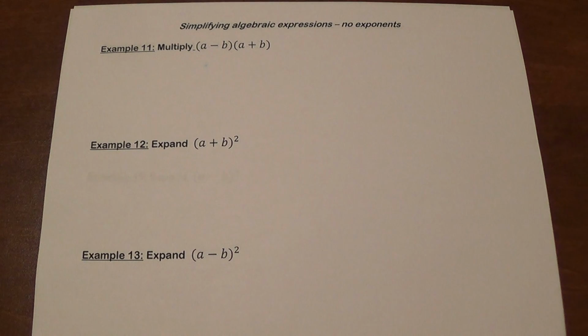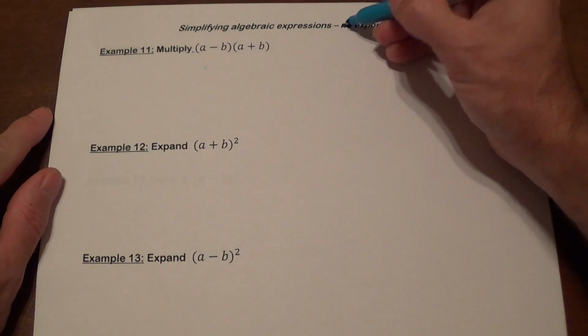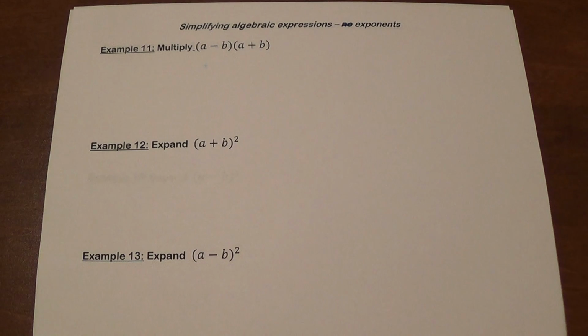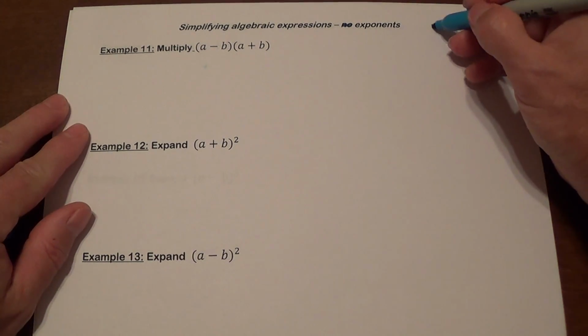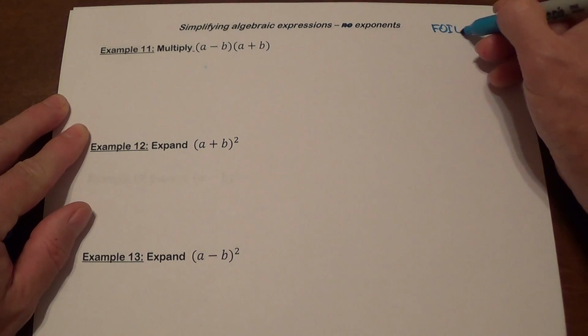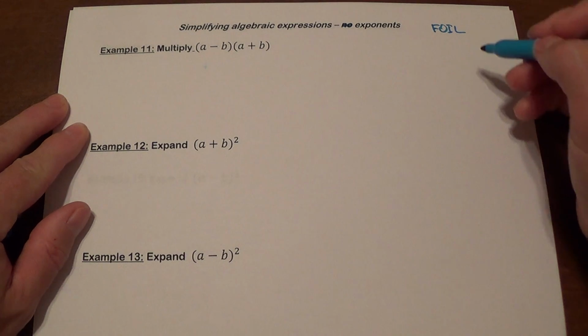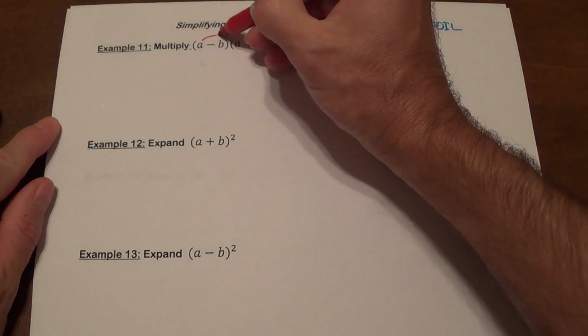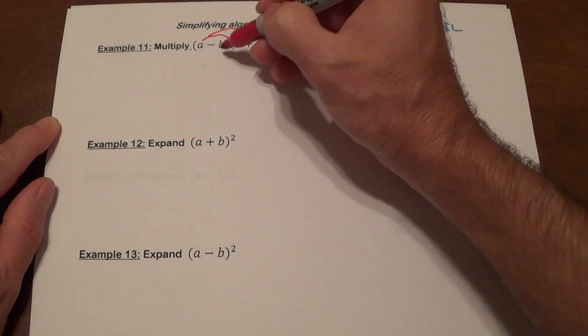What we're going to do now is we're going to take a look at some special products. Okay, so special products here. What about this? There's a process called FOIL, which is first, outer, inner, last, and basically it sounds very fancy, but it's a very simple thing to do. You take each thing here and multiply by each thing inside